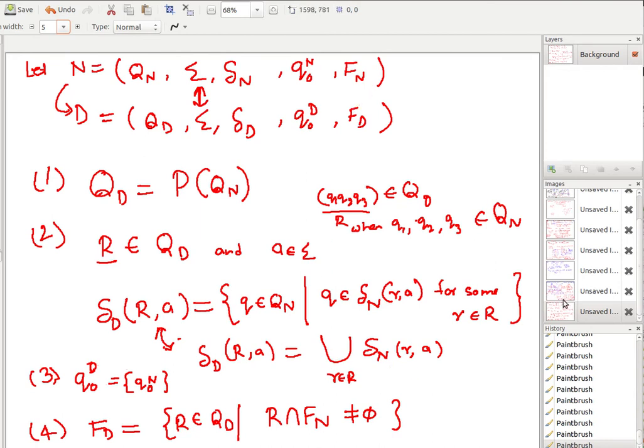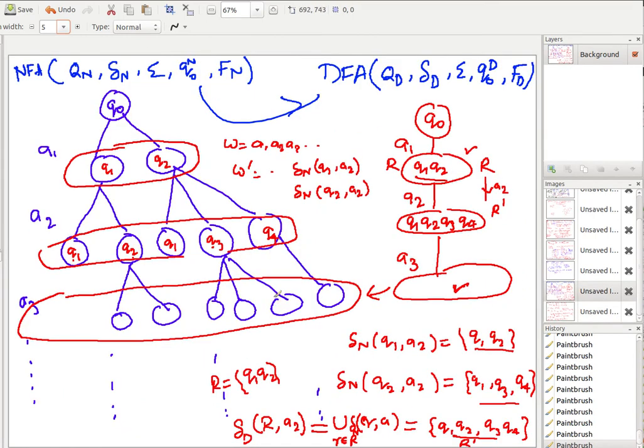So if you go back to this machine, this state will be a final state if at least one of the members is actually a final state of the NFA, and that gives you the same result as if this is one of the final accepting branches, because if any branch is a final accepting branch,